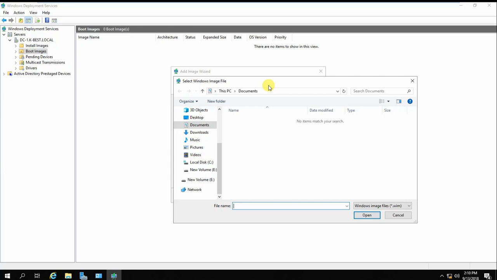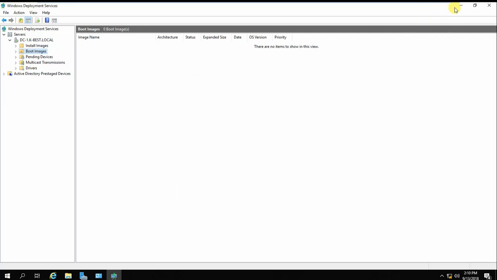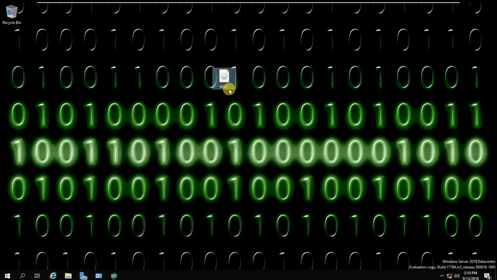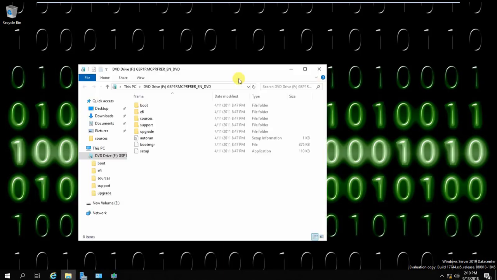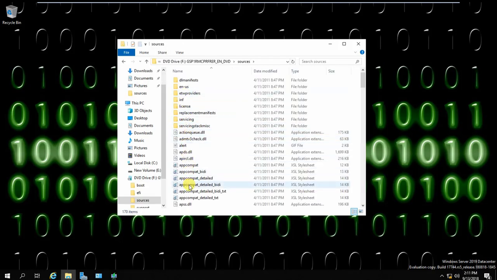So right now I have a Windows 7 ISO downloaded from the official Microsoft website, and let's see where it's located. On my desktop I have the Windows 7 ISO, and right now I'm going to mount it. So I'm just going to right click and click mount, and it's mounted. On the source folder